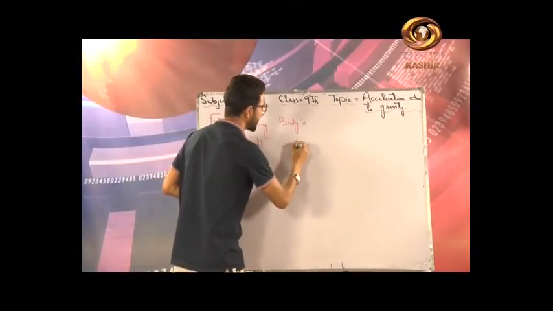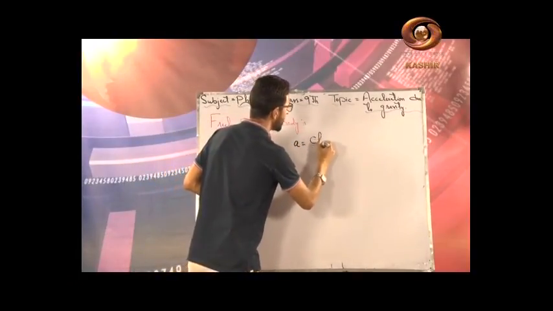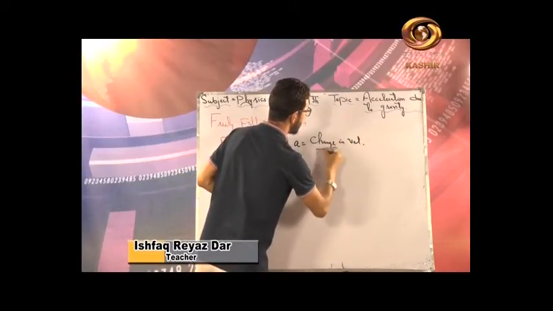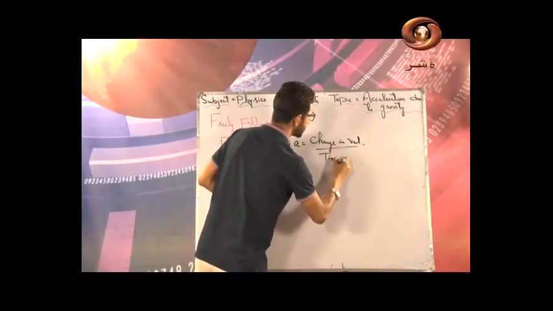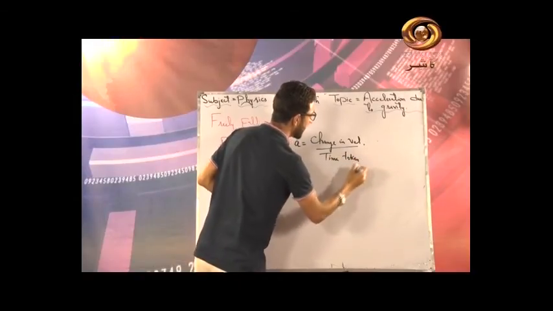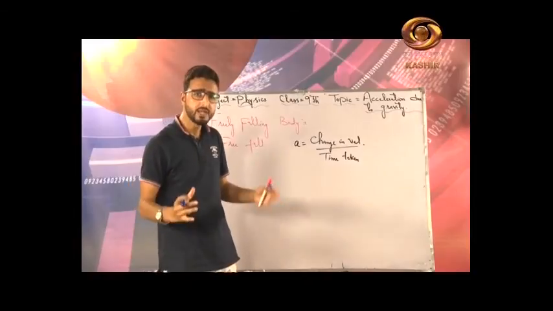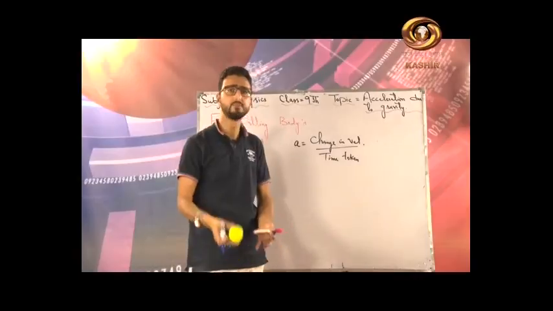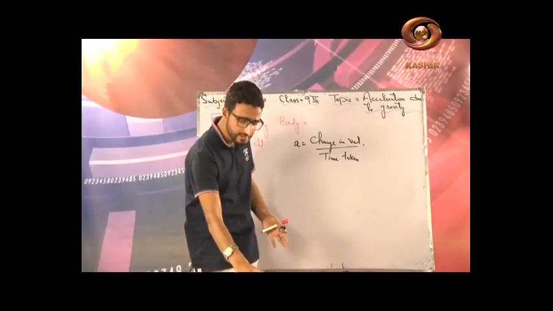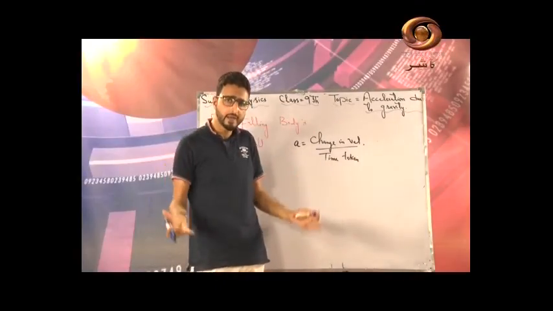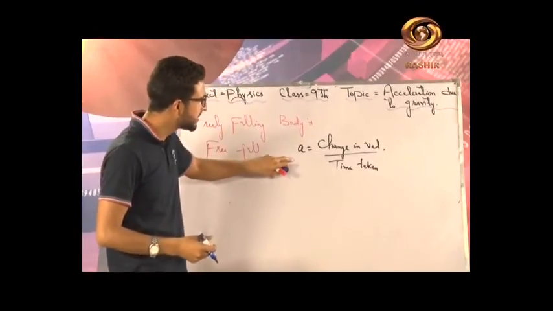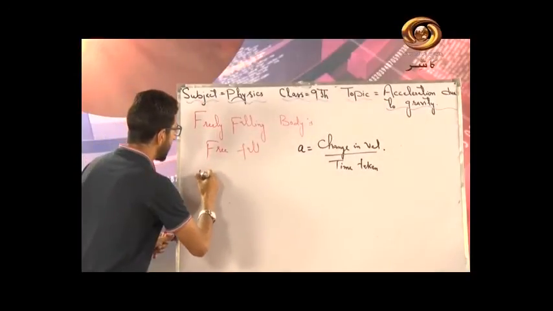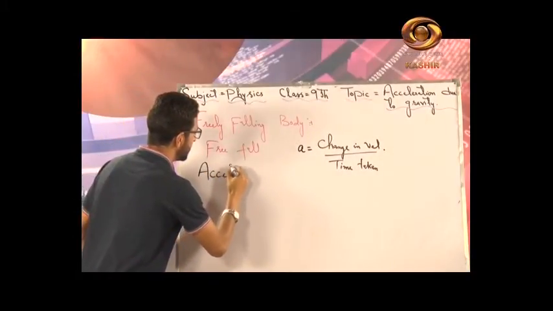है definition of acceleration की, rate of change of velocity, that is change in velocity divided by time taken, right? This is the definition of the acceleration. Now the velocity of this freely falling body is changing, and we say that this body is accelerating. Since it is accelerating under the effect of gravity alone, the acceleration produced in this very freely falling body is called the acceleration due to gravity.